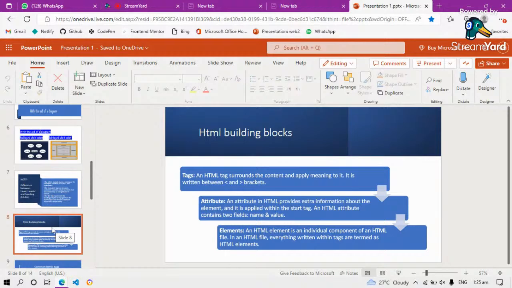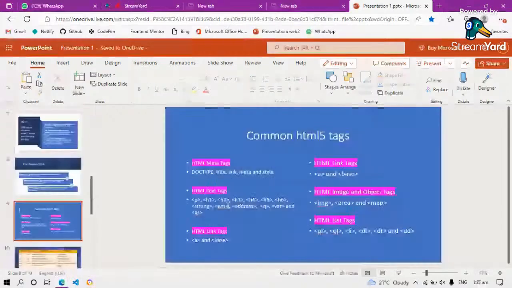If you want to use text, this P stands for paragraph. This H1, H2, H3, I explained this before. Those are heading tags from H1 to H6. It starts from 1 and ends at 6. We have the strong tag, that's if you want to make it bold. And we have the italics tag. We have address tags, and this quotation tag, which we use in JavaScript. And again, the break tag: if you want to break a line, you just use this break tag to break the line for you.